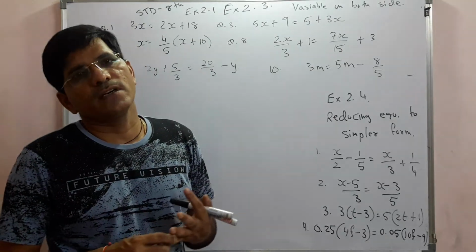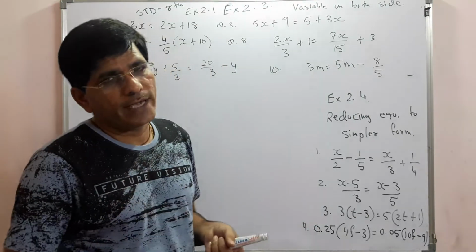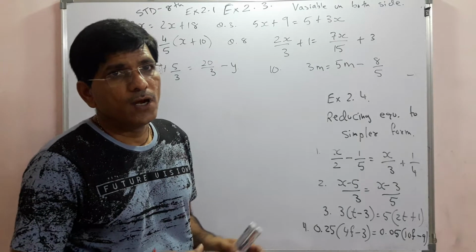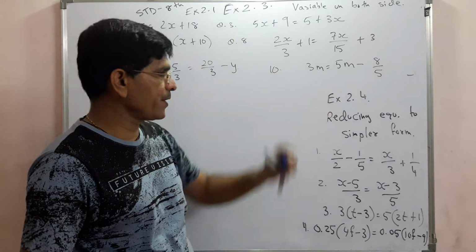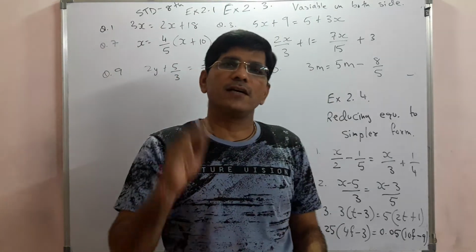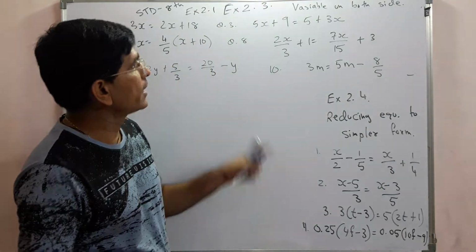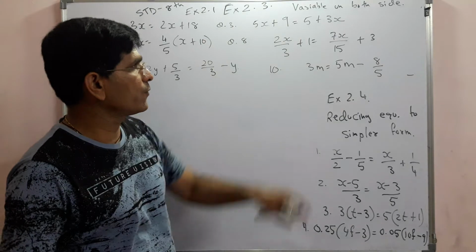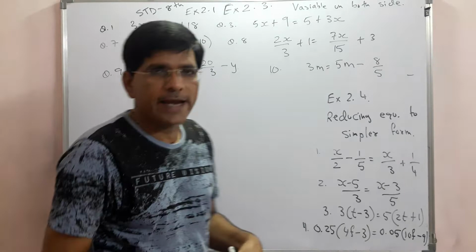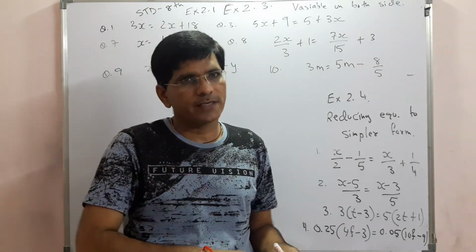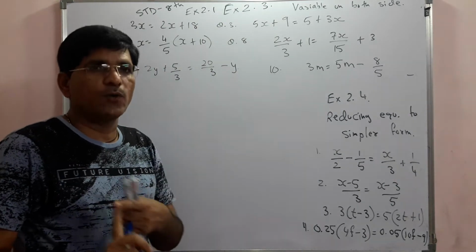We are discussing lesson number 2, linear equation in one variable. We have already completed exercise 2.1. Exercises 2.1, 2.3 and 2.4 are all numerical-based, with no word problems. The variable is given and the constant term is given, and we have to simplify it. Today we already completed all 12 sums of exercise 2.1 in our second lecture.